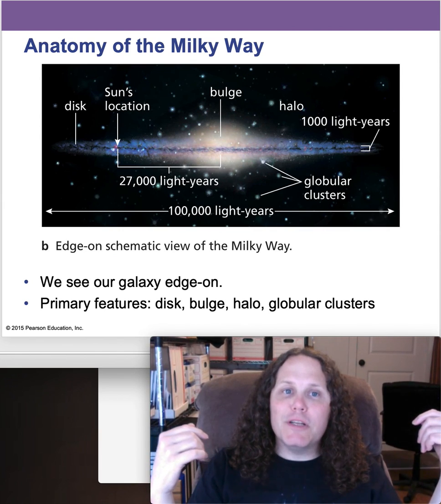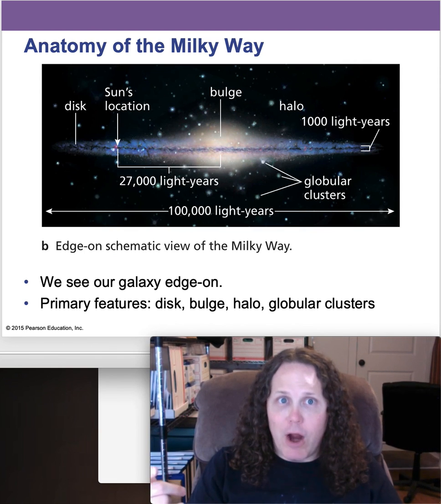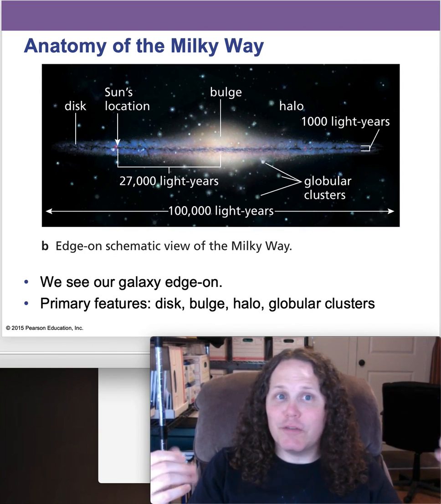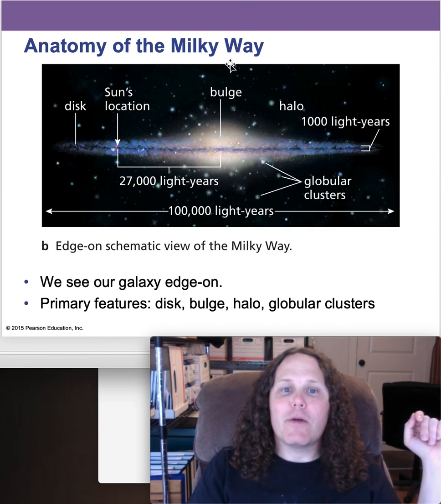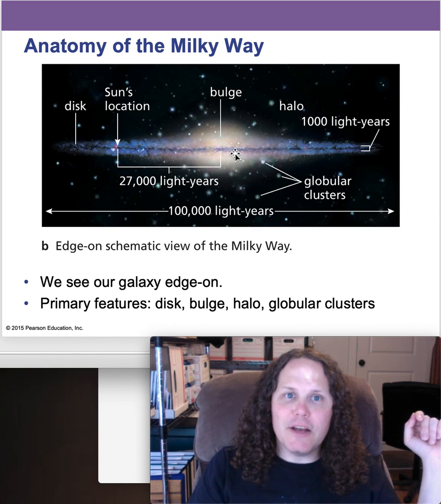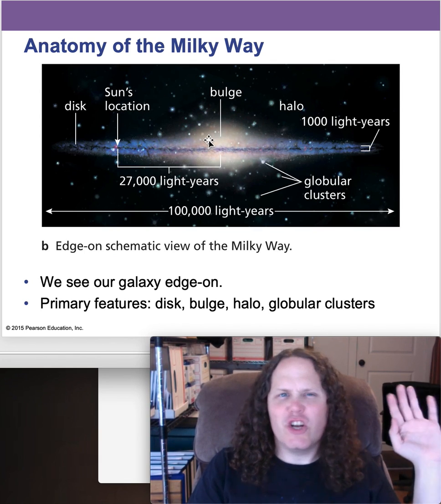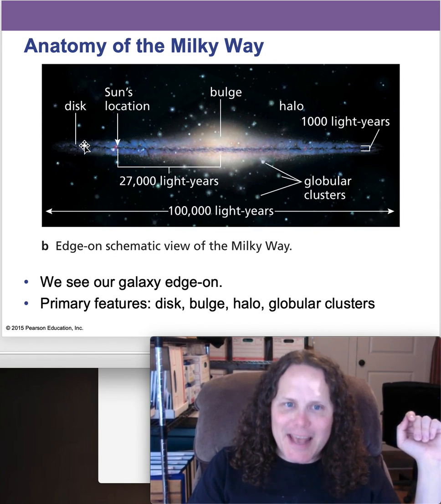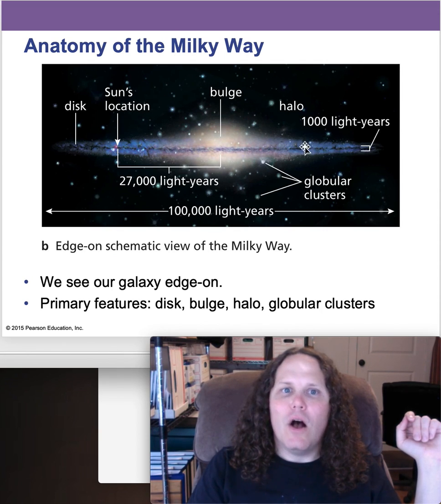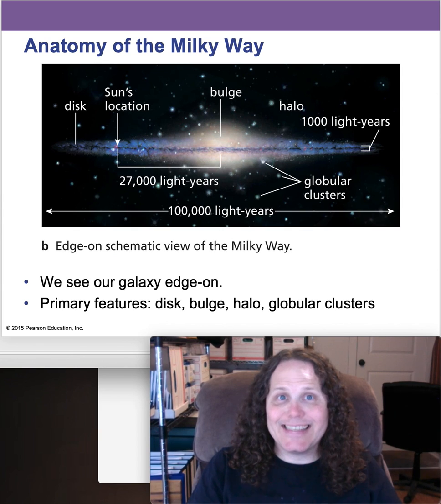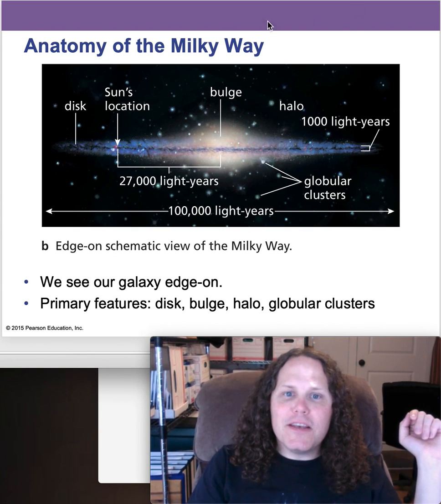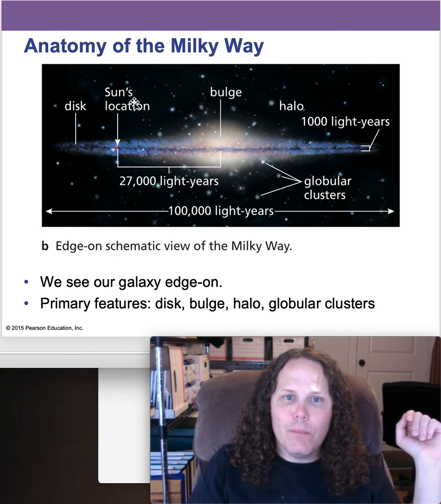We take measurements from Earth and compare our measurements to images of other galaxies to gain insight into the shape of the Milky Way. There is a bulge at the center with an older star population and not much dust and gas. In the disk, on the other hand, there are both old and young stars, because new stars are still being formed in the disk, because that's where most of the dust and gas is. Beyond the disk is the halo,